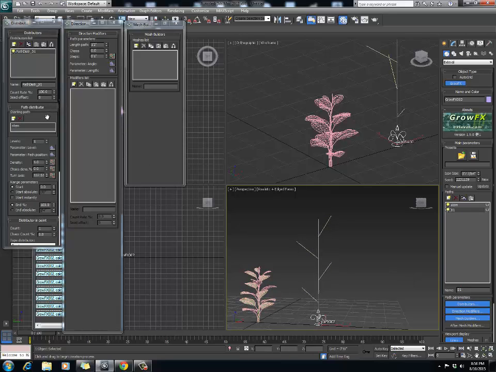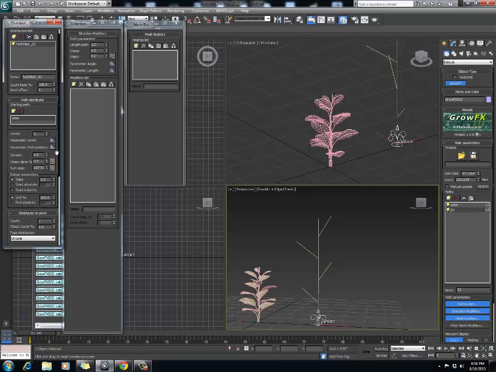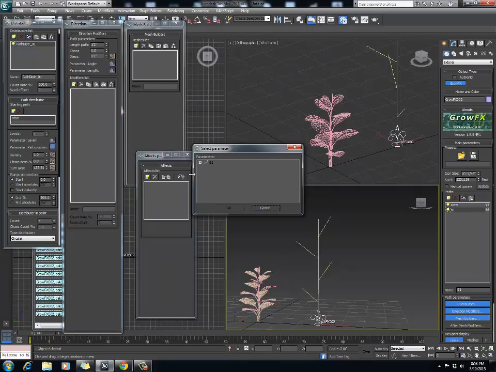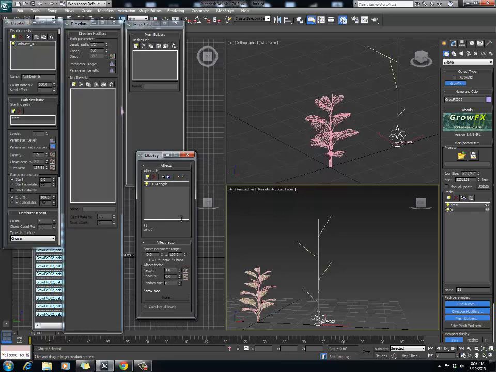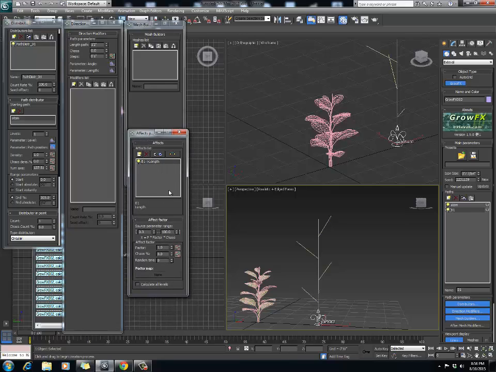And there you go. And so now in the distributors panel, I'm going to use the path position to affect the length of these first branches. So click path position, and then effects, and then I'm going to go to B1. So we're affecting the length of B1 using the path position of B1. And we're going to open that up and then go to length. And then that's going to open up our effects panel,